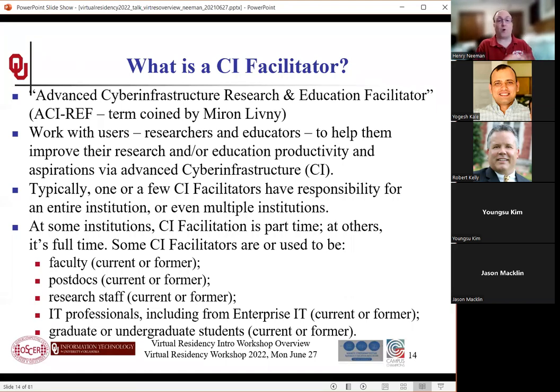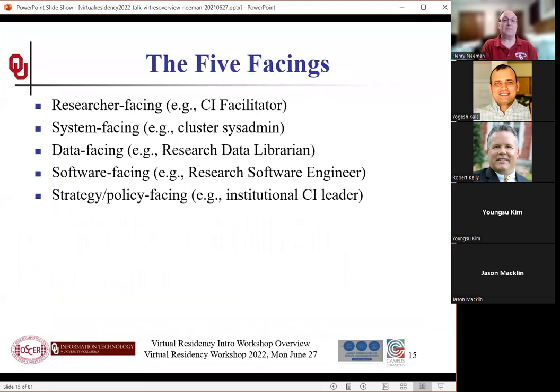And people come from a broad variety of backgrounds. Faculty, they could be current faculty, they could be former faculty, postdocs, research staff, IT professionals. A very common way this happens nowadays is the CIO goes, yeah, you're in charge of research computing now, Janet. And suddenly Janet is in charge. And that deer in the headlights look that she gets is why we want you to come to this workshop. I gather, Ashley, that you went through exactly that process. And then students, graduate students, undergrads, this is becoming increasingly common and popular.